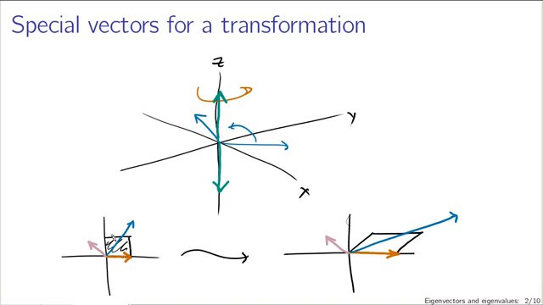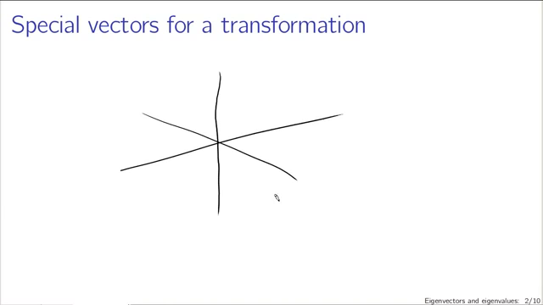The y-coordinate remains unchanged, but the x-coordinate also depends on the y value. The higher up you go, the further over you get shifted. And if you're lying along this vector,